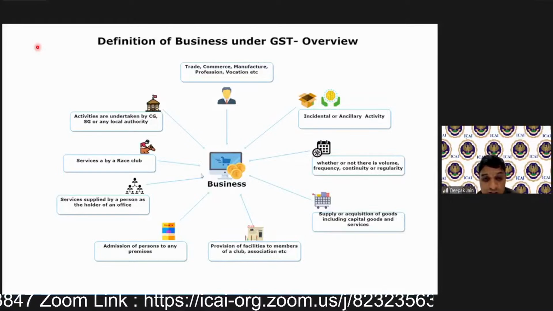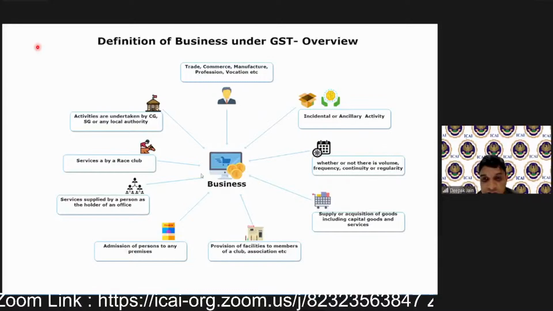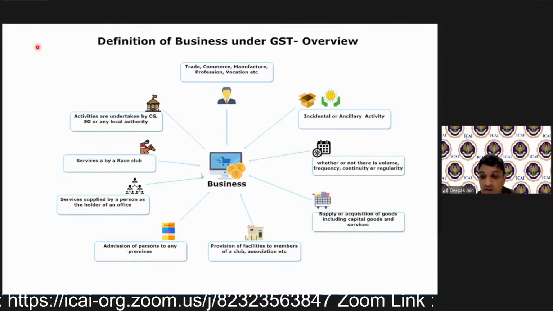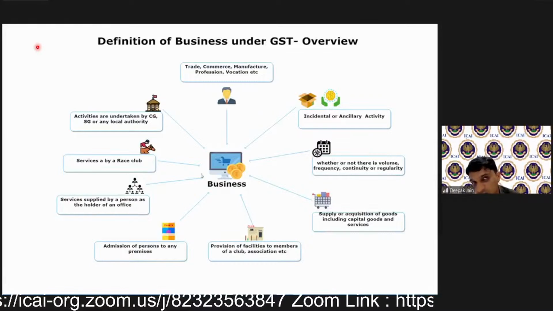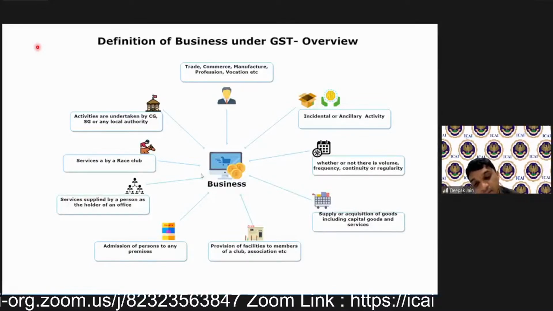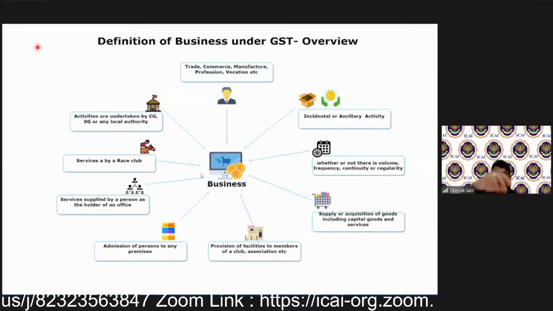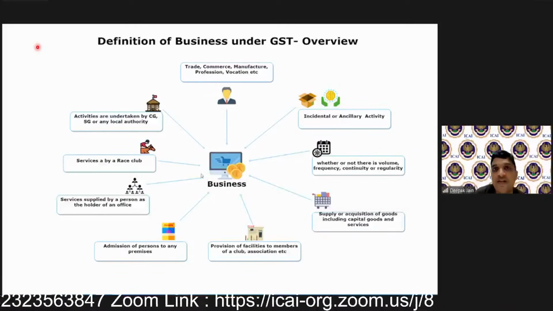Sangeetwani's next question is: free samples given in the course of furtherance of business, but no consideration. As consideration is not there, it is not a supply. Correct, it is not a supply, you're right. But the input tax credit rules say that input tax credit on any free samples has to be reversed. That's the reason you will reverse it.